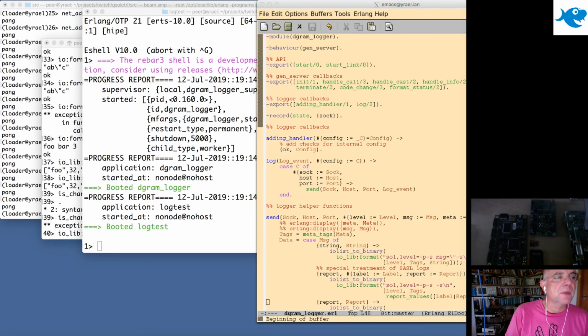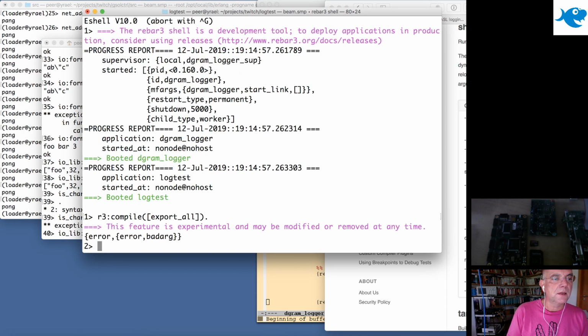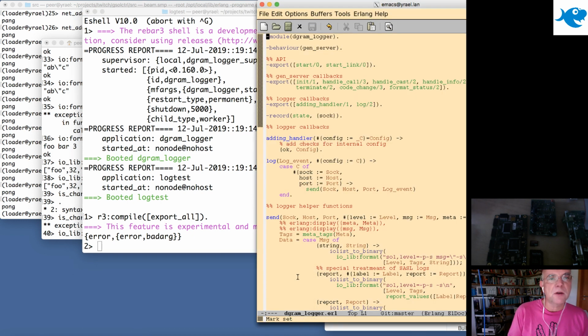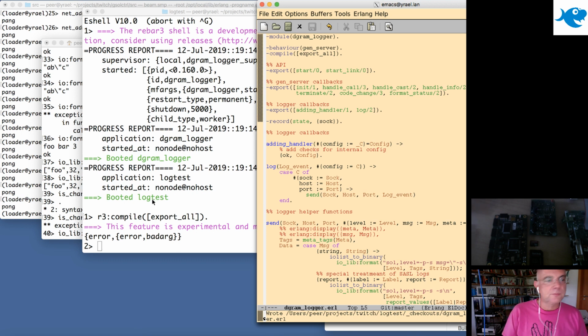So does compile take an argument? Let's see. R3 compile. So that would be export all. Let's see. Bad arg, it doesn't like it. So we can't. Because if you compile in the shell, I actually need to make a note to ask on this. So I don't like to put this in here. I usually do this when I compile in the shell, because